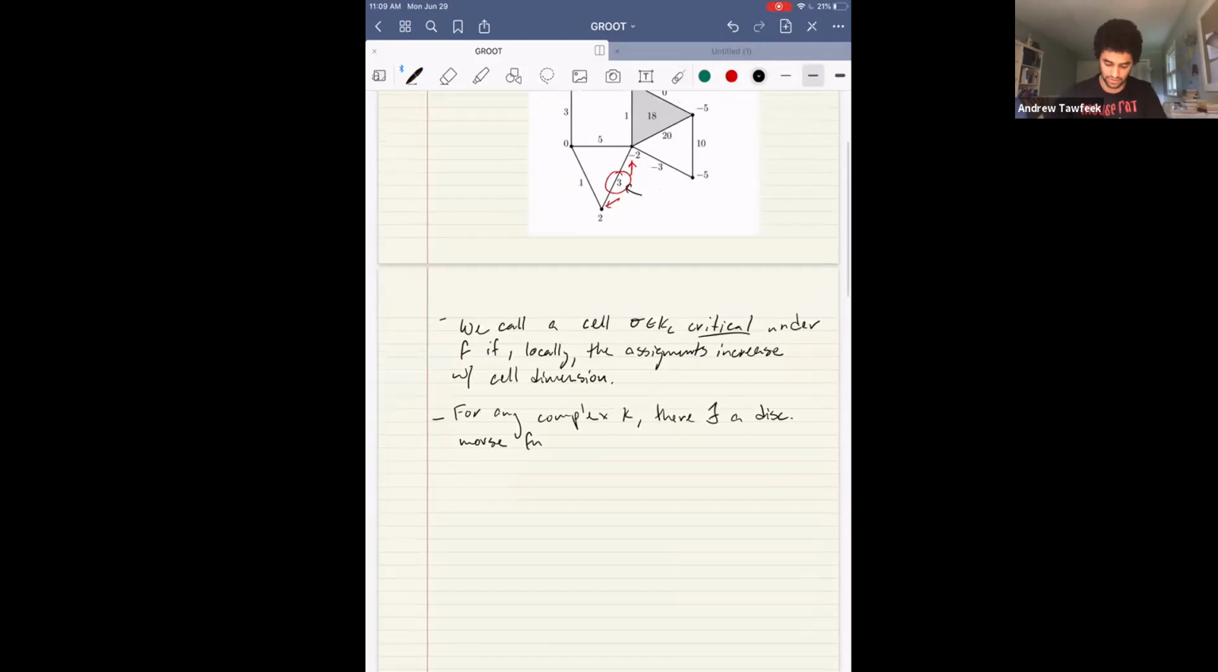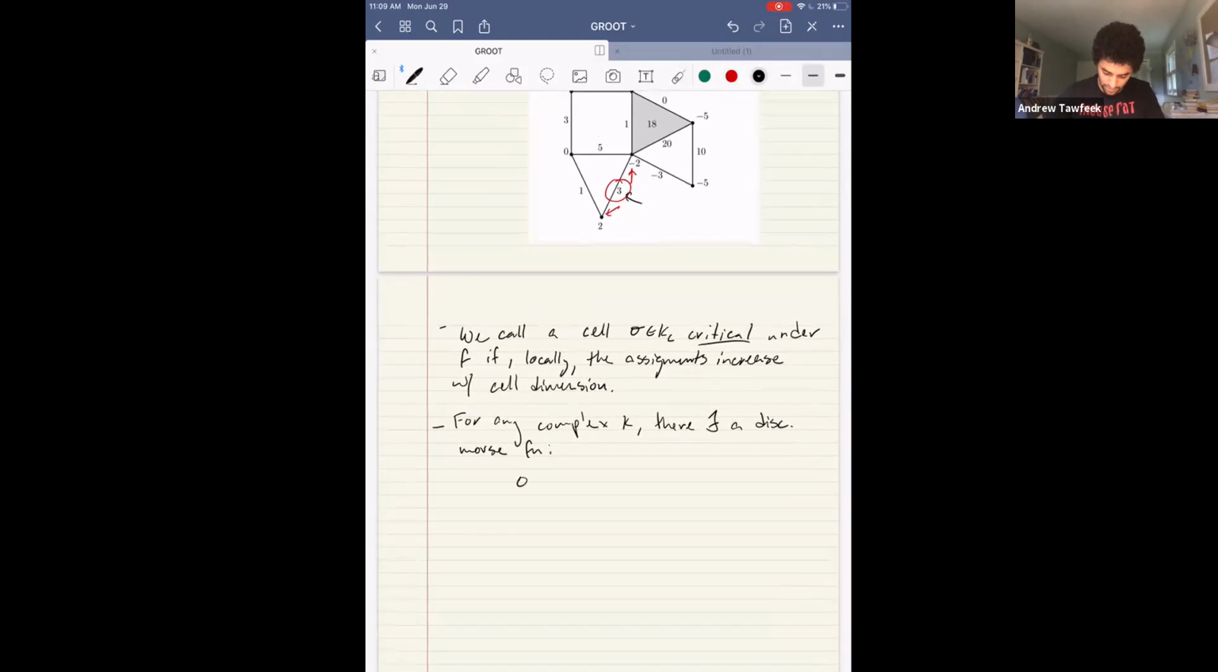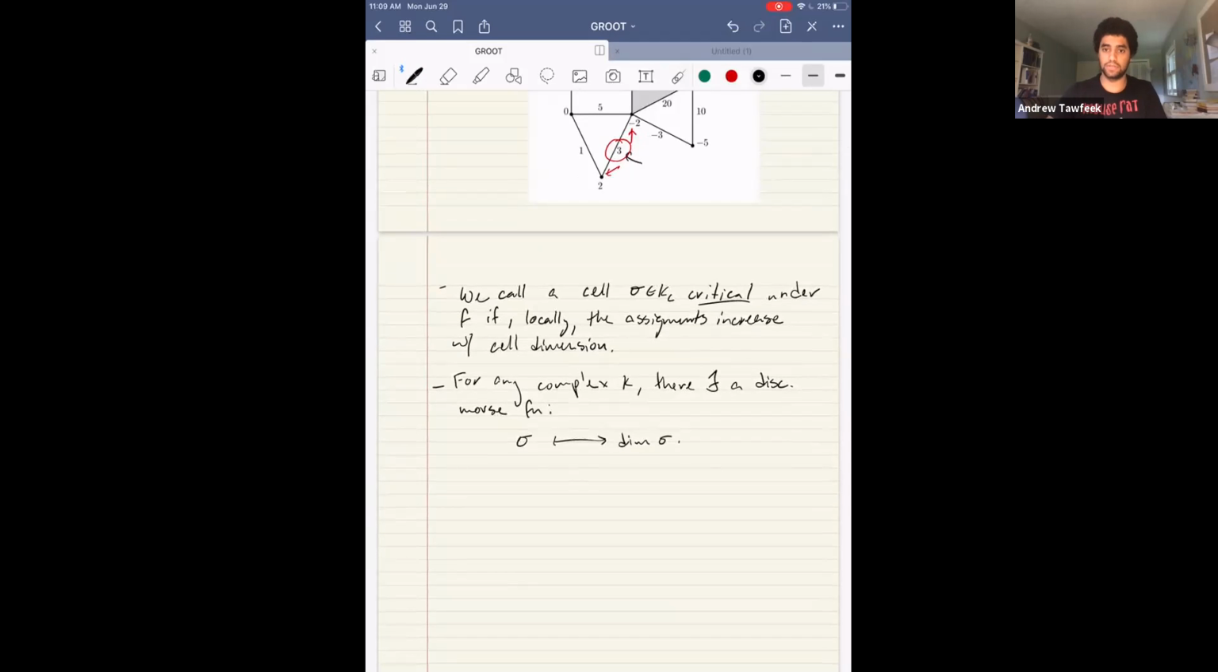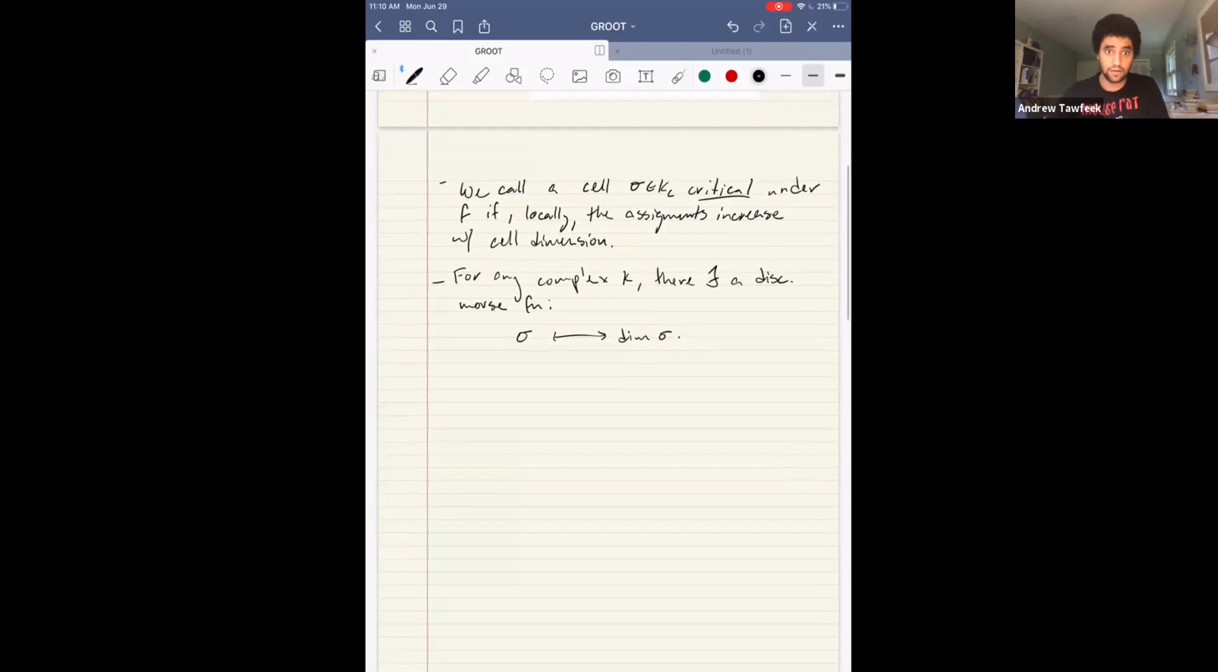So this is kind of the trivial one that exists for any complex, and it's just by sending all the cells to their dimension. And all cells, you might notice, are actually critical under this assignment. So according to what we said earlier with cells increasing by dimension, well, this is the most literal way to translate that. Okay, so